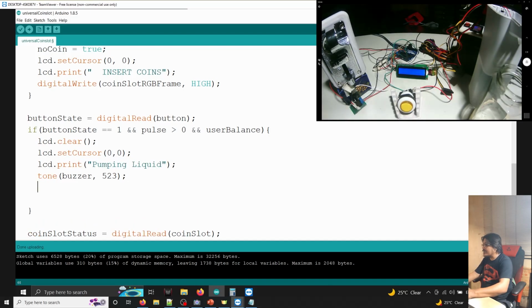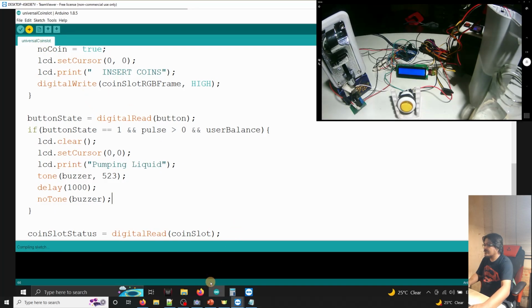And then of course, gaano katagal mo ipapatunog yung buzzer, no? So okay, ang gamitin natin para mas may connection siya is i-tone mo yung buzzer for about 1 second, okay? Yan, 1 second, no? And then, i-off mo yung buzzer. No tone buzzer. Okay. Yan ang gagawin mo. Pag may hinulog na coin, may user balance, and pinindot yung button, no? Okay? Testing natin. And let's